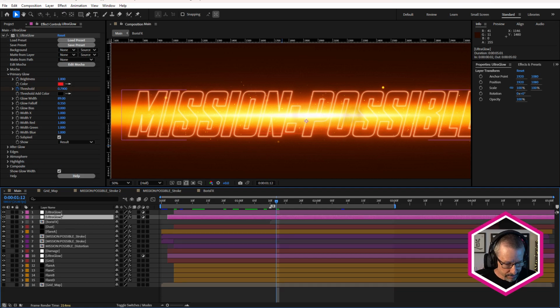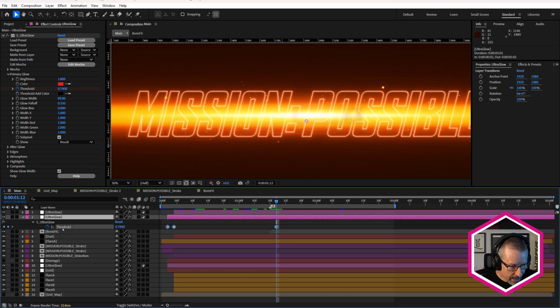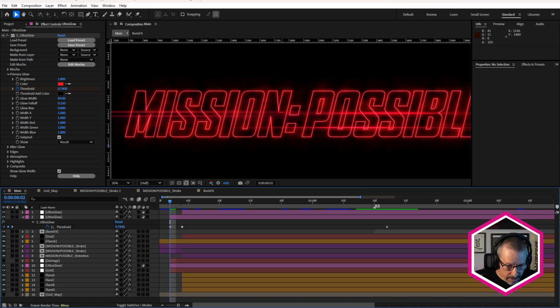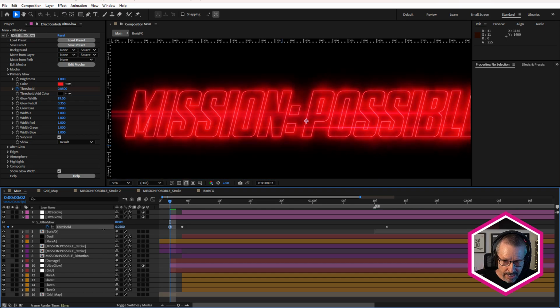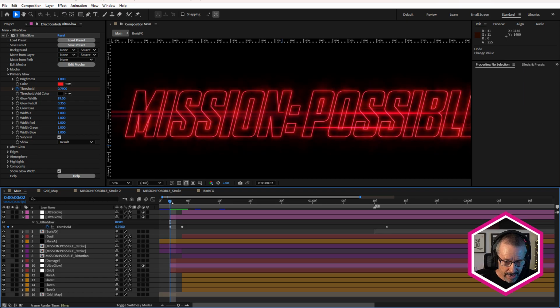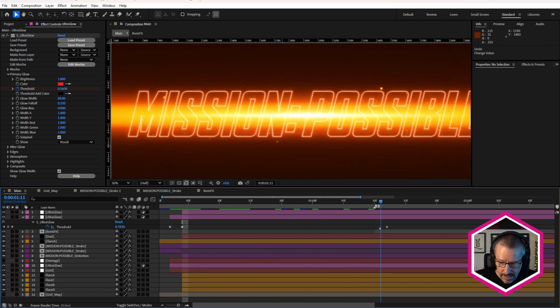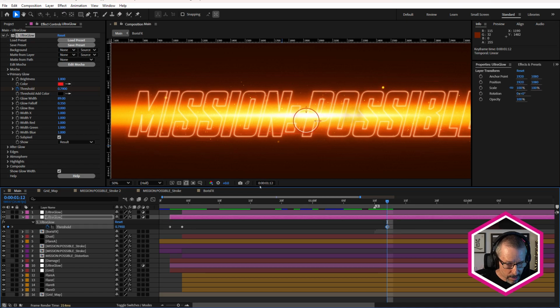And this one here, this one has a couple of keyframes at the beginning. So the threshold is animated and decreasing the threshold to give us more glow. So less glow here. So if we would decrease the threshold at the beginning, it blows it out too much. So animating the threshold, I can have it nice and low and then nice and high here to give it a super glow. And then animating it up a little bit there.